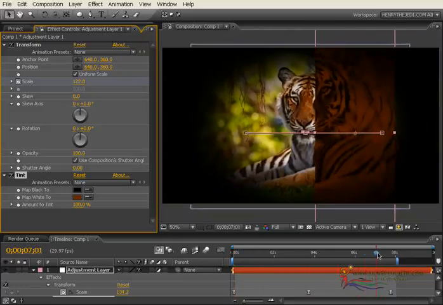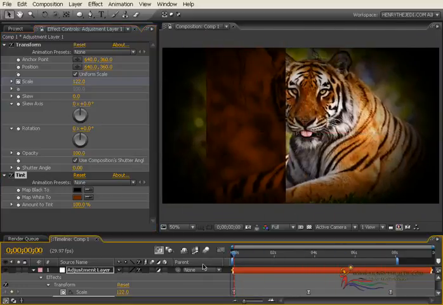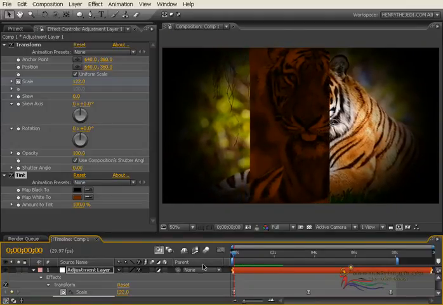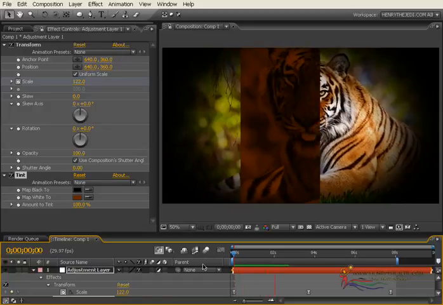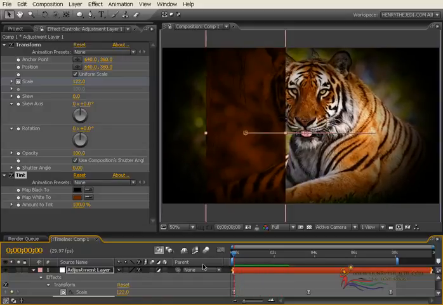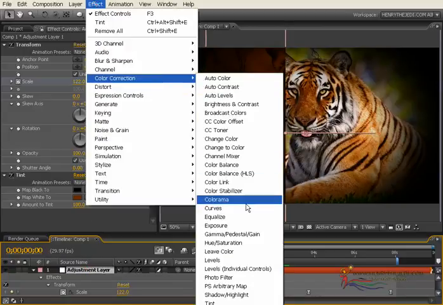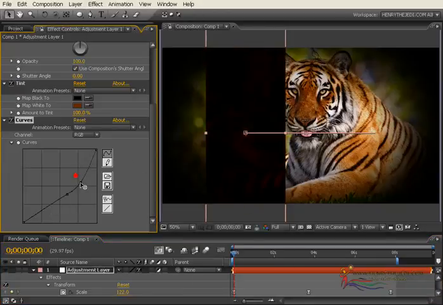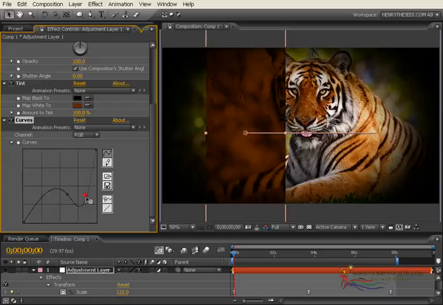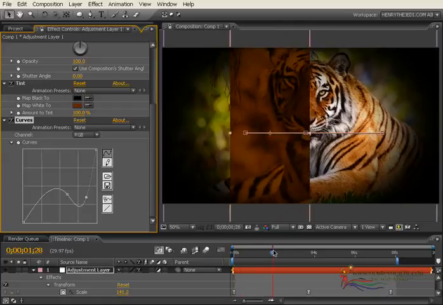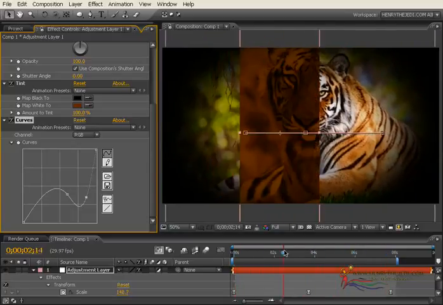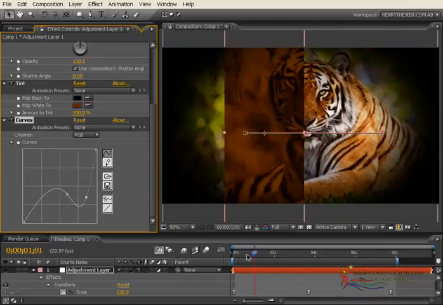So as you can see now, as our animation plays through, let's preview this. As our animation plays through, you can see how the color correction indeed takes place beautifully on our tiger's face right there, okay? Beautiful stuff happening. And then we might also want to add Effects, Color Correction, Curves, so that we bring out more highlights into our image here. Okay? Yeah, much better. Now it appears as if our tiger is glowing, you know? Glowing in awesomeness, of course.